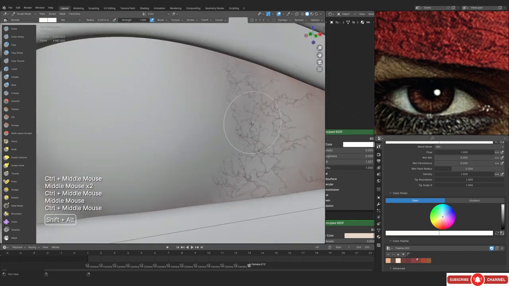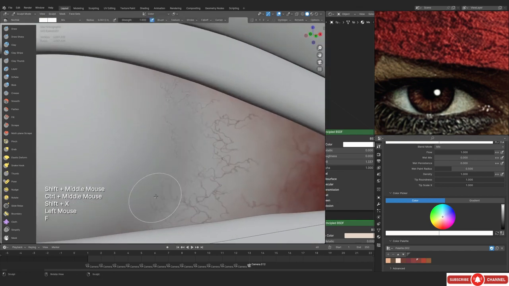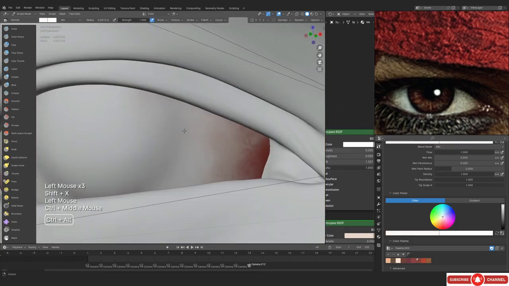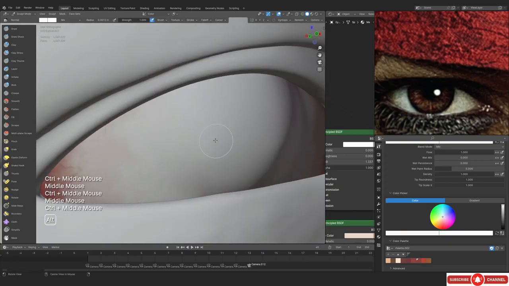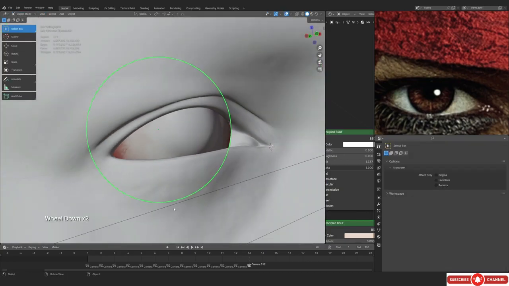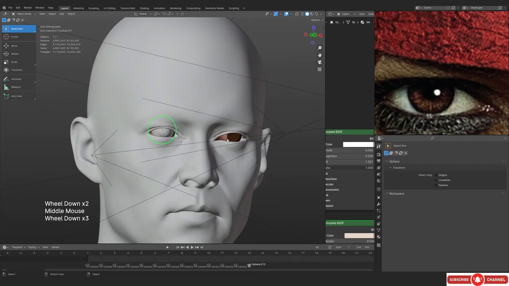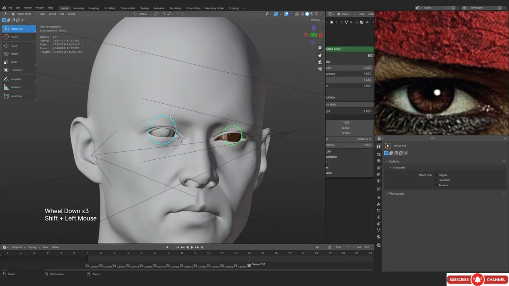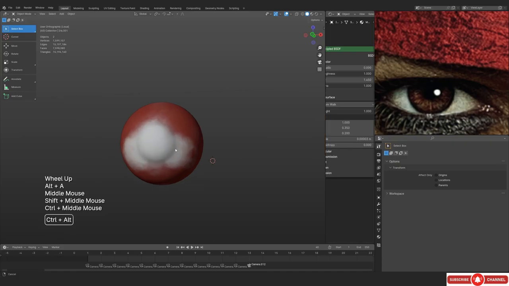You can see that I literally removed all the veins, but it's okay. It's again trial and error, so I don't really mind. And we've literally just removed everything. I didn't really plan to do that, but that's just how it is. So in this case, we actually have not test rendered anything yet, so I guess it's a really good time when we do it. So let's actually just do that.